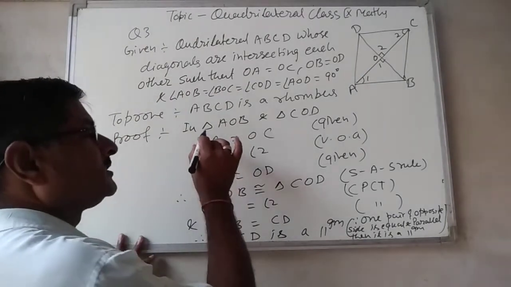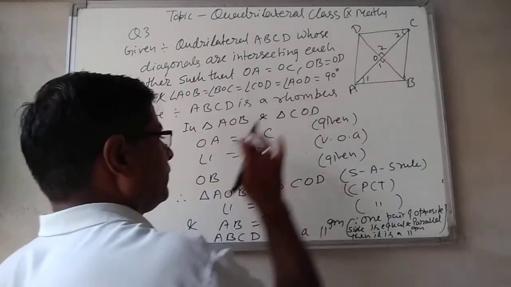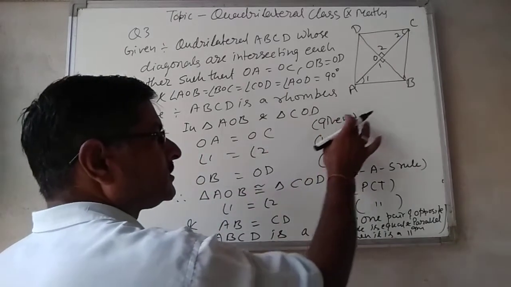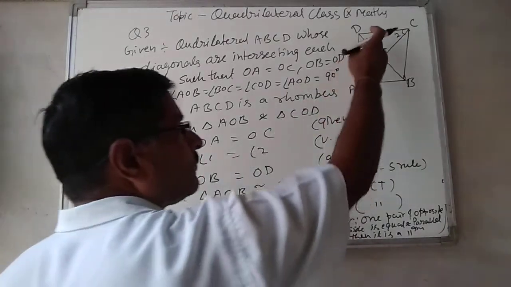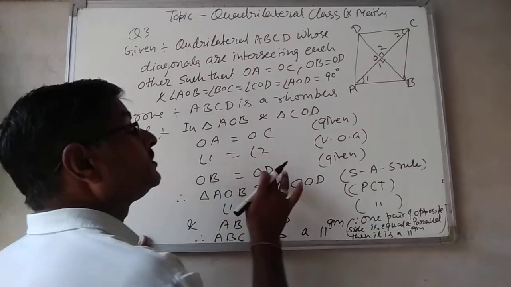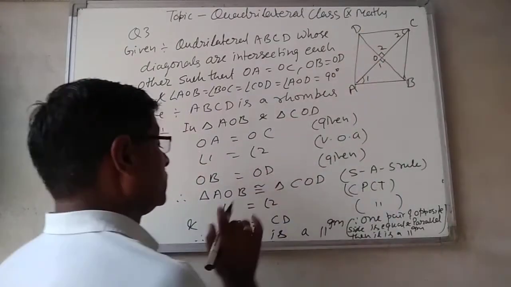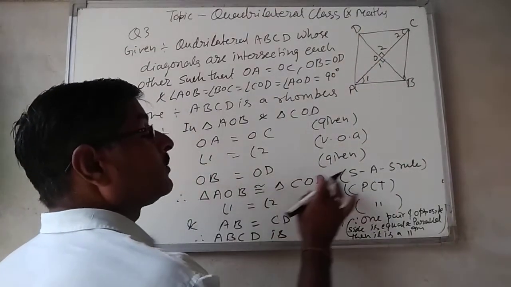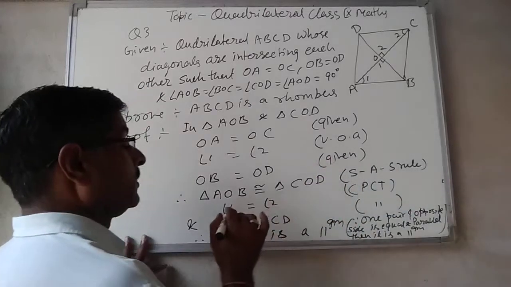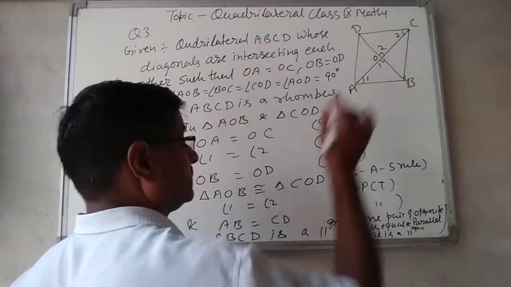So firstly we will consider the triangles AOB and COD. OA is equal to OC, given. Angle 1 is equal to angle 2, vertically opposite angles. OB is equal to OD, also given. So therefore both the triangles will be congruent by SAS rule. So we can find the result that angle